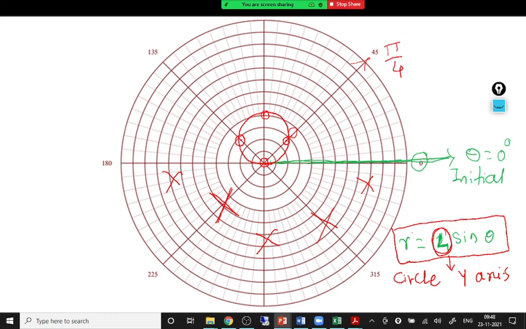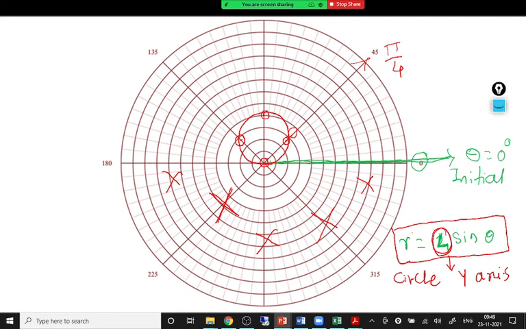You have to remember the curves like you remember the curves of Cartesian equations. You have to learn by heart these equations and their curves so that we can plot them and get the limits for the double integral. Okay, so I will tell you which curves you have to remember.